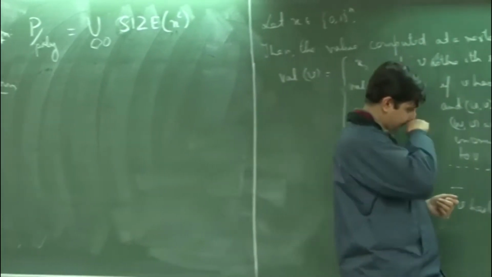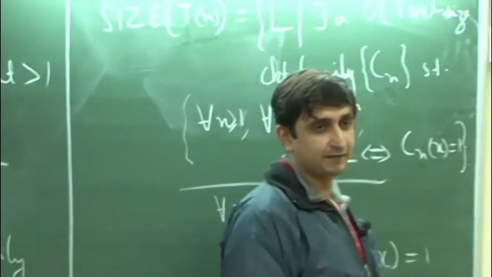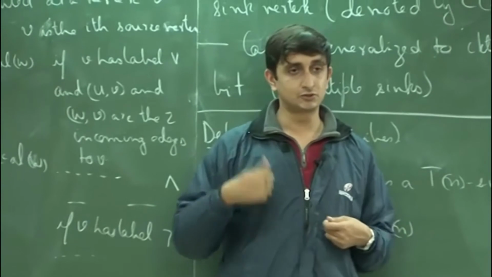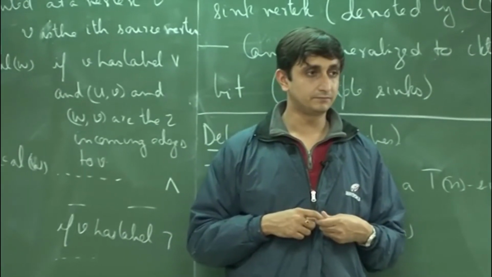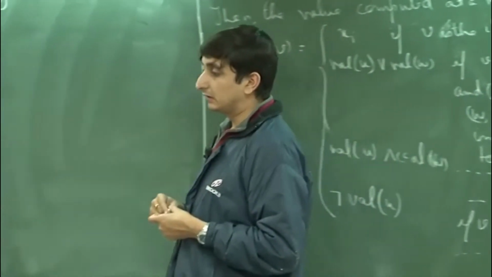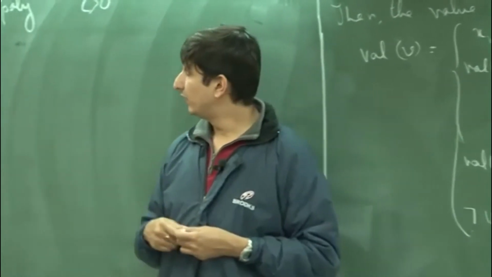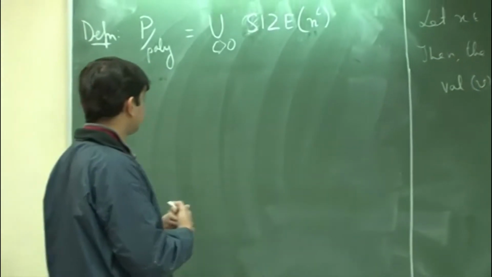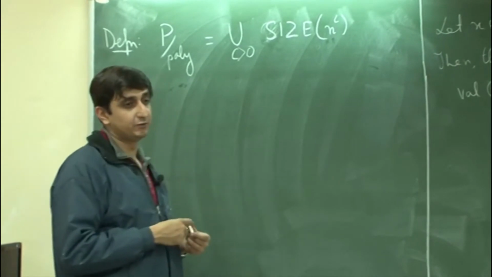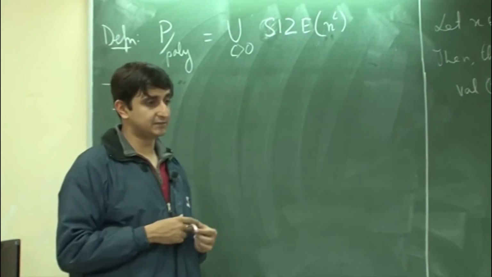Not really, because if you have a circuit, what do you mean by the time taken by that circuit? Depth basically means the longest path from a source to a sink node. If you take the maximum over all such paths, that will give you the depth of a circuit, and that is also a concept which people study, and we will look at it maybe in a couple of days. But generally it is size and depth, these are the 2 most important parameters that people study about circuits.